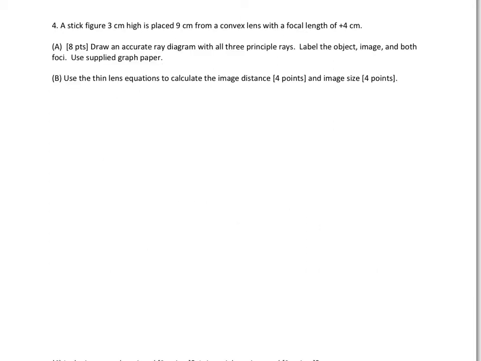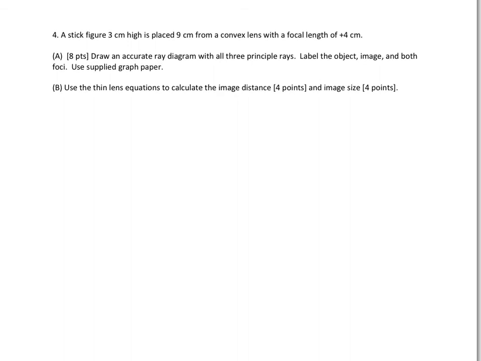To solve this problem, I'm going to first do part B, and then C, and then I'll do part A on the next slide. So in part B, we have to use the thin lens equation. Now the thin lens equation